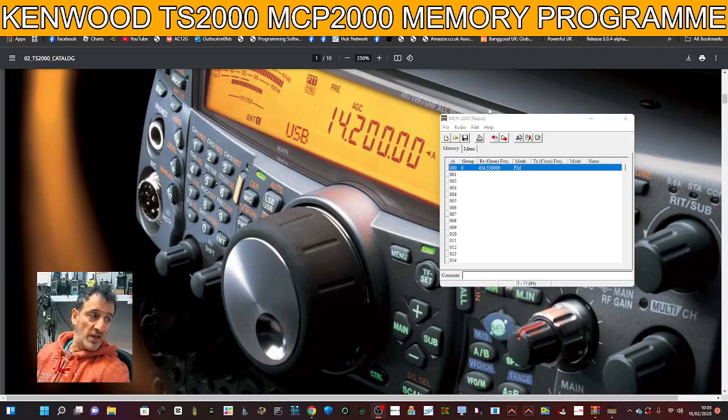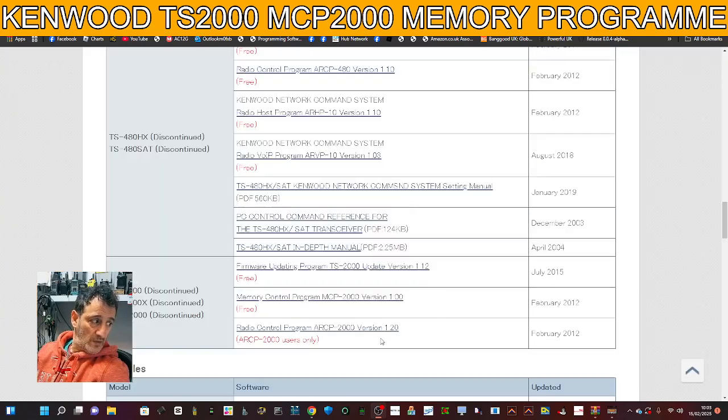Kenwood have given us the MCP2000 for writing new memories to our radio for free. So let's give it a go. I'll show you the link to download, which is just here, and it will be in the description. We've also got firmware, memory control, but the other really cool program is the ARCP, and I will show you that at the end because that's fantastic. But anyway, for ease of writing memories,